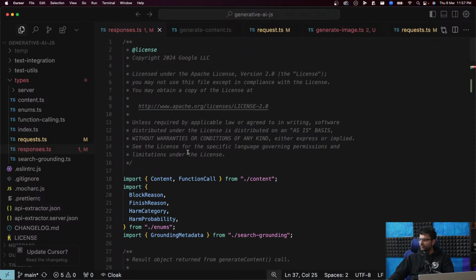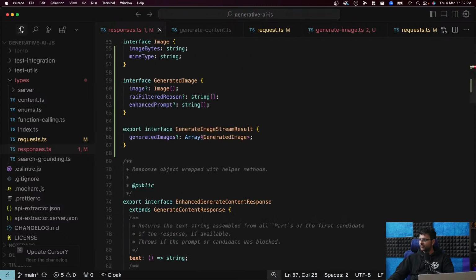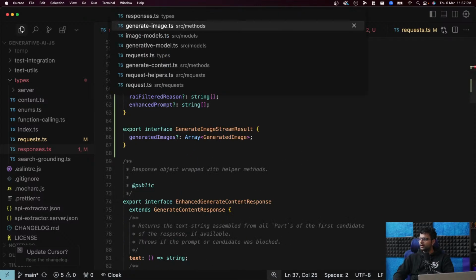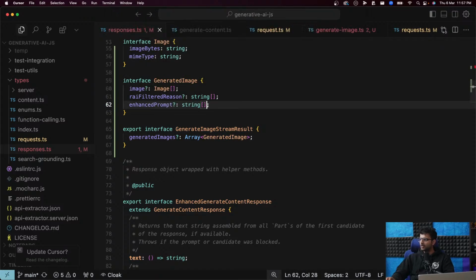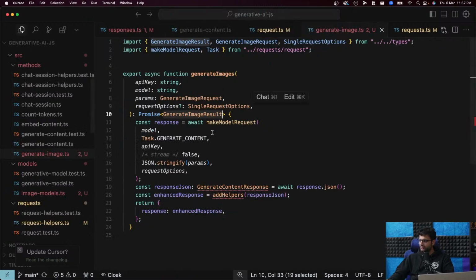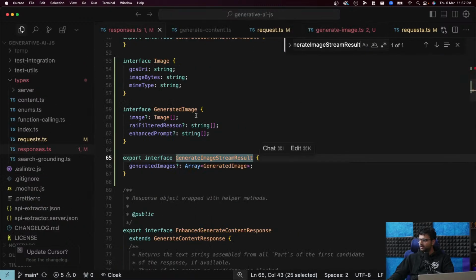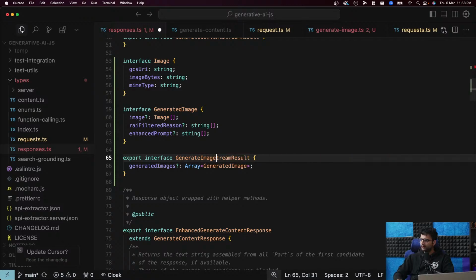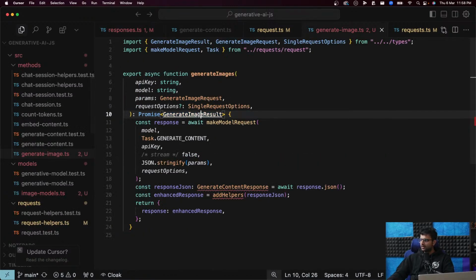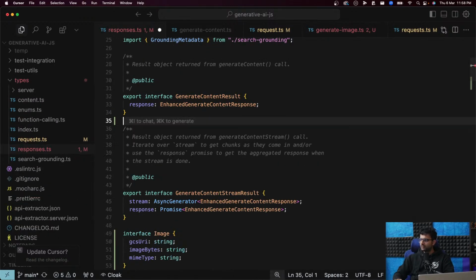Could have sworn I just saw this a while back here, but in a different file maybe. Yeah, so generate images here. Generate image result, image result, image result. Why does it take me to a different place? This is generate images result with a capital S. This is generate image result, which is something we don't need.